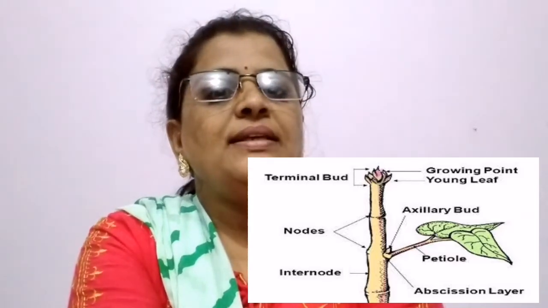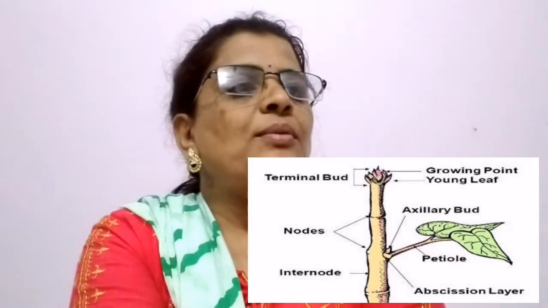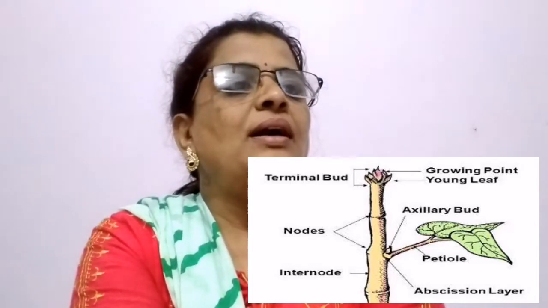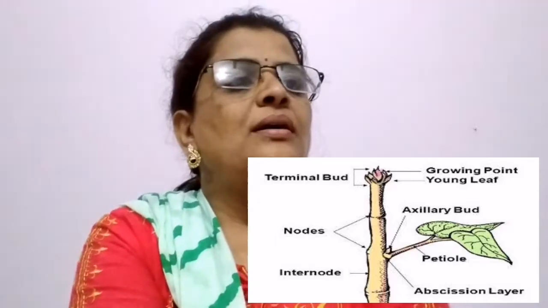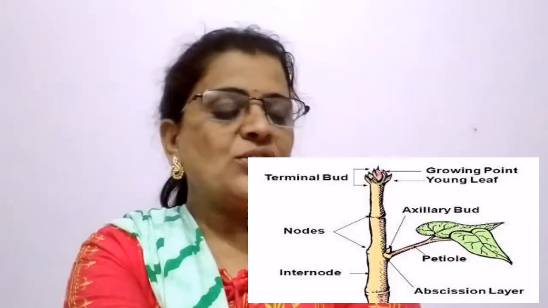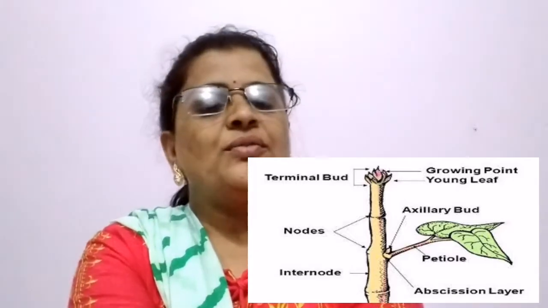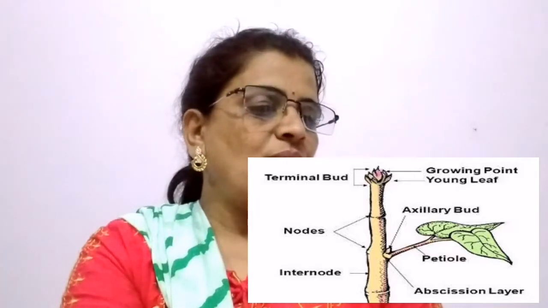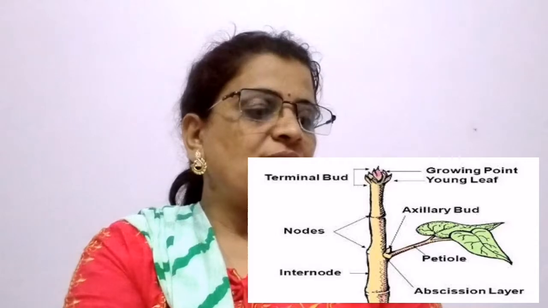The next part of the plant is the stem. Stem grows above the soil from plumule. See on your screen the parts of the stem. Parts of the stem are growing bud, bud, then nodes and internodes. There are nodes on the stem. Leaves come out from the node. The part between the two nodes is called internode. The tip of the stem is called bud. So these are the parts of the stem.